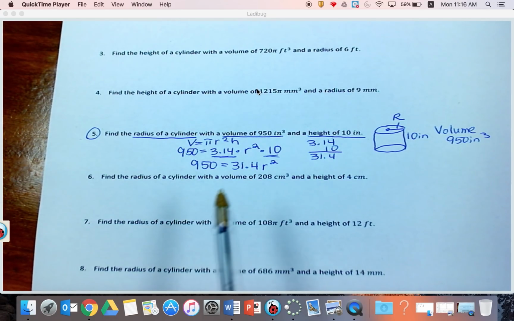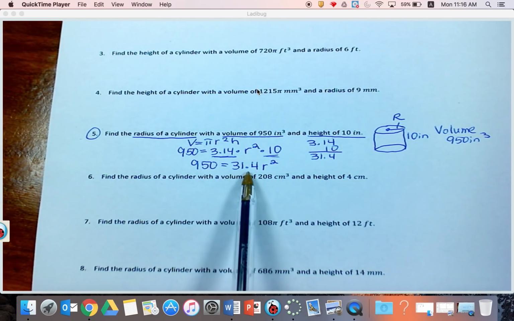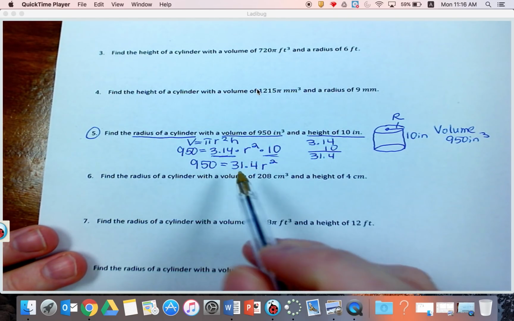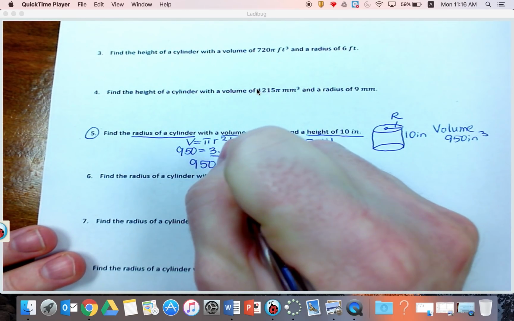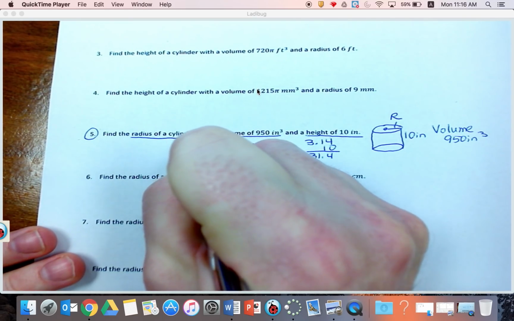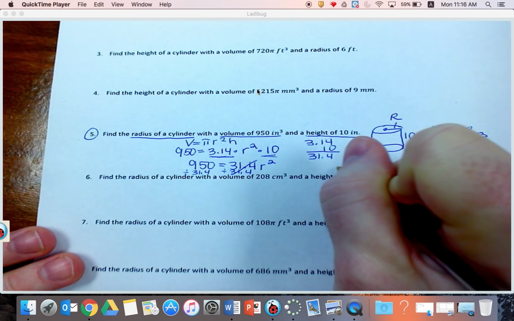Okay, now that I have this written out, I have one less step I need to do. I need to get rid of the 31.4 from the r squared, because remember it's multiplying. This is basically a one-step equation. So what I need to do now is just divide. I'm going to divide both sides by 31.4. And when I do that, the 31.4 goes away,